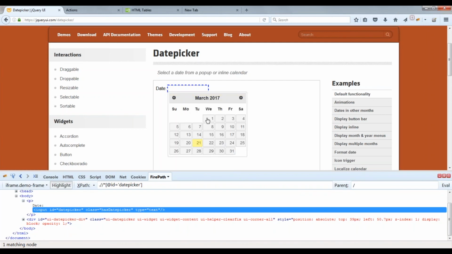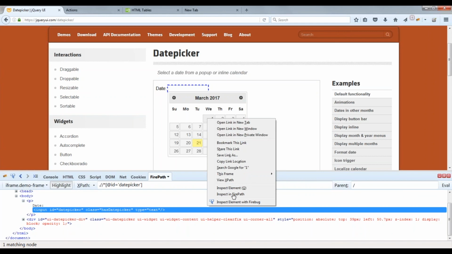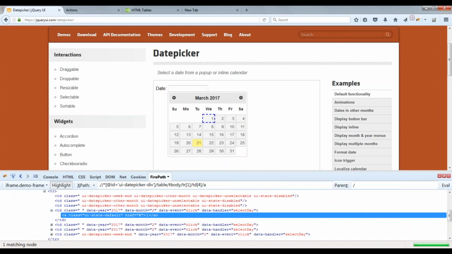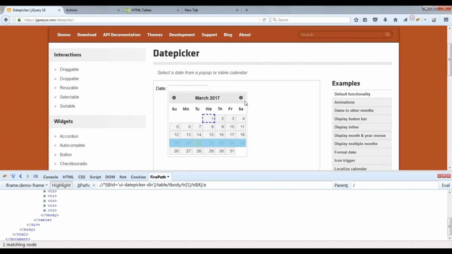So what does this calendar contain? This calendar contains a table, rows and columns. You can see TD and TR. Shashi, you're able to see this, right? Yeah. So I will just explain the logic, you try to work it out. So this is an element to move to the next month, and this is an element to move to the previous month.